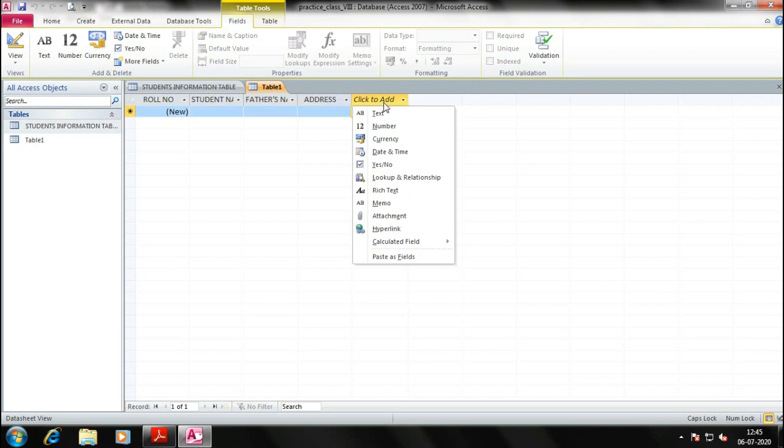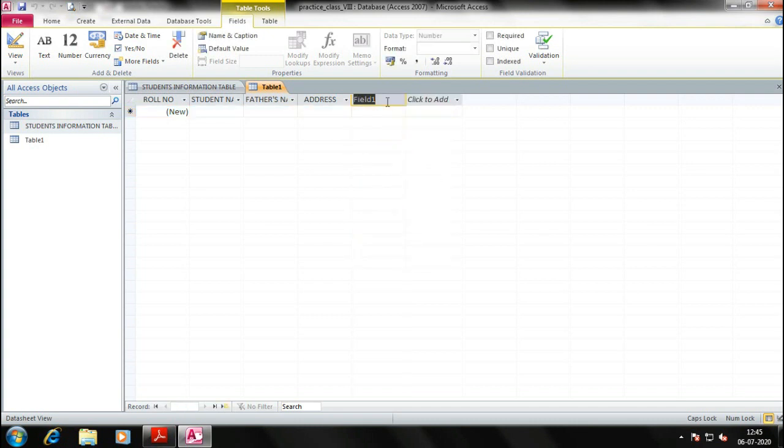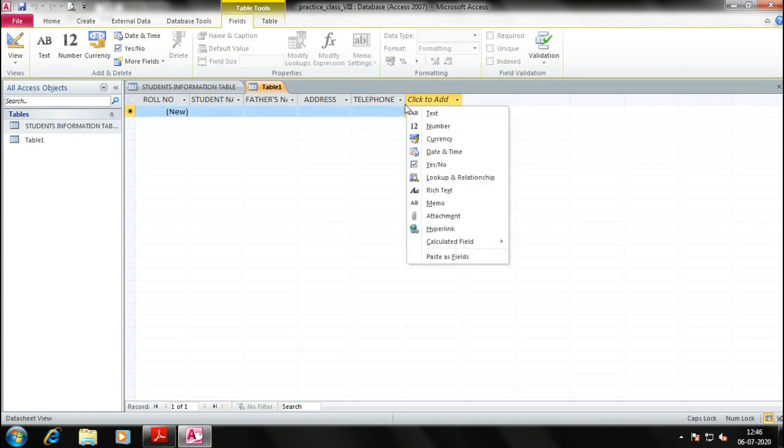So next is click to add. So what is the data type of the next one? Next we are creating telephone number, it will be number. Telephone number, okay. And next is date of birth.